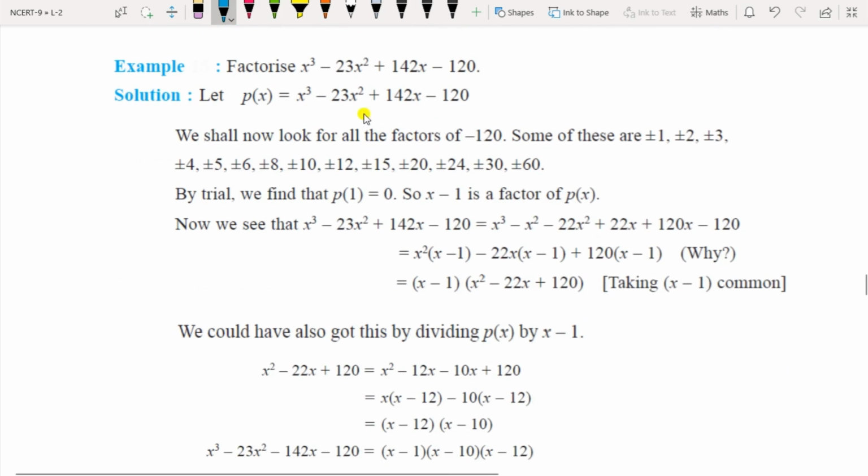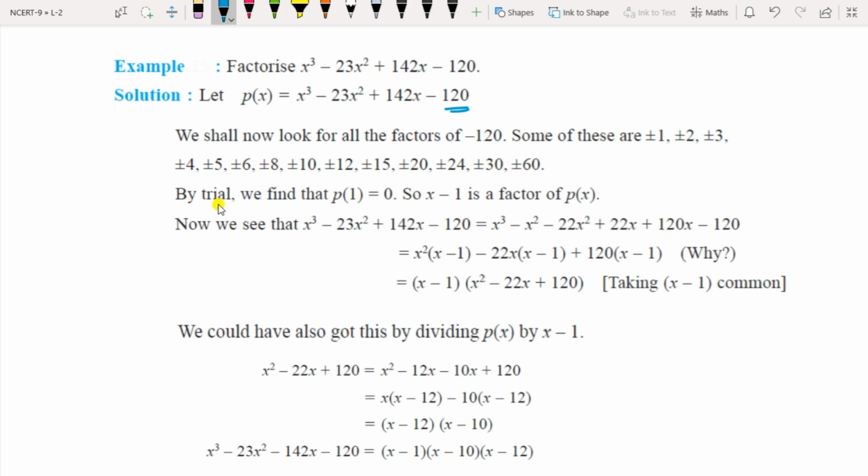Now for the next question, there are 4 terms to be factorized. In case of 4 terms, what you have to do is see the constant term and write the factors of that constant term, in plus and minus. So this is minus 120 in this case. So factors of minus 120 are plus or minus 1, plus or minus 2, plus or minus 3, and so on. Whichever table 120 appears in, all those numbers you should write here, both plus and minus. And then you have to check whether by substituting these values you are getting 0 for this equation or not.